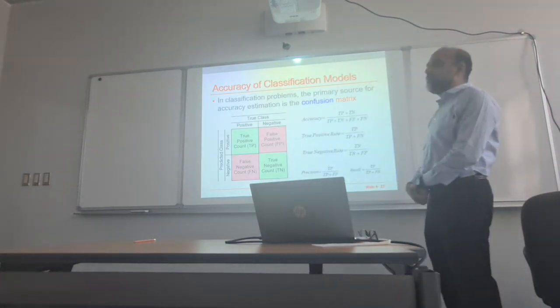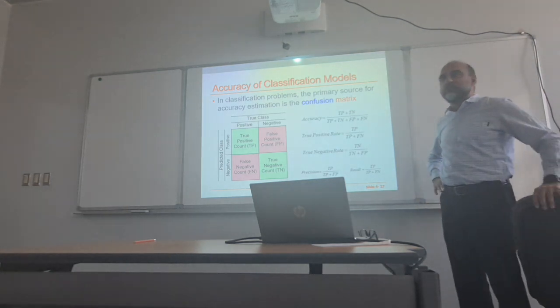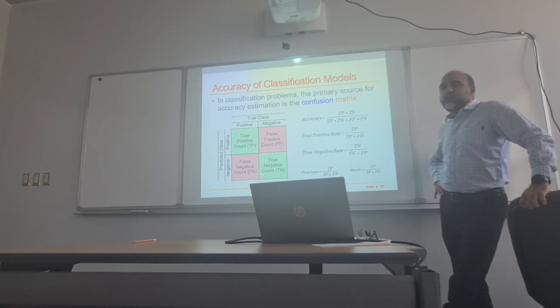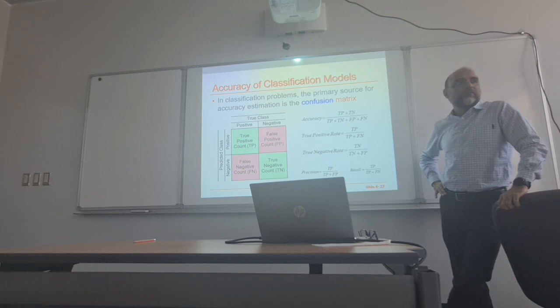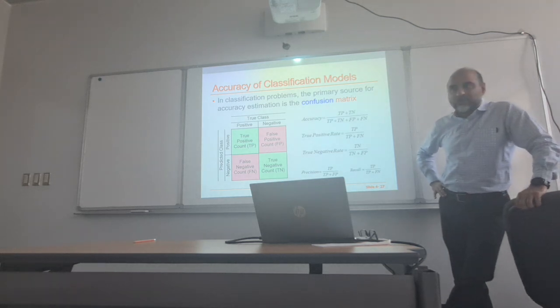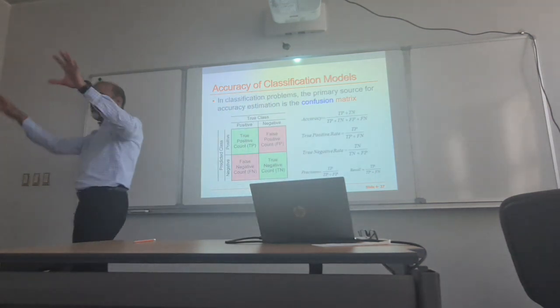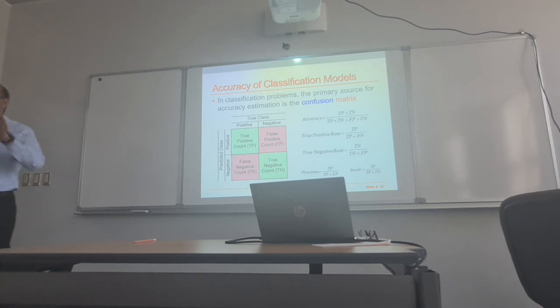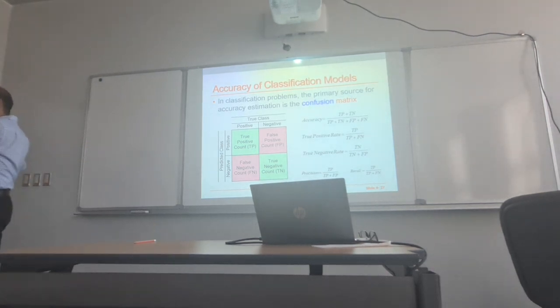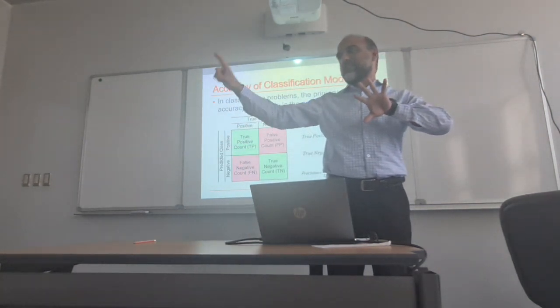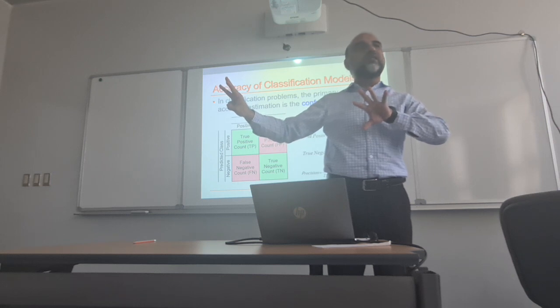So let's just talk about accuracy. Let's define accuracy a little bit more in classification. Okay. So how do we check accuracy? First of all, we need to have data for which we know the answer already. Okay. So in my test set, I know, for example, if I have people like within you, I know it's young adults. Then I have maybe faculty, older-age people, right? I know the answer already. And then I give it to the model. I give it just your attributes. I did not tell you that you're a young adult. I say this age, this income, and so on, and see what the model tells me.